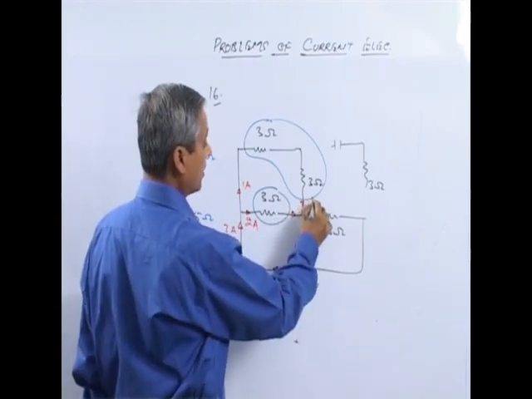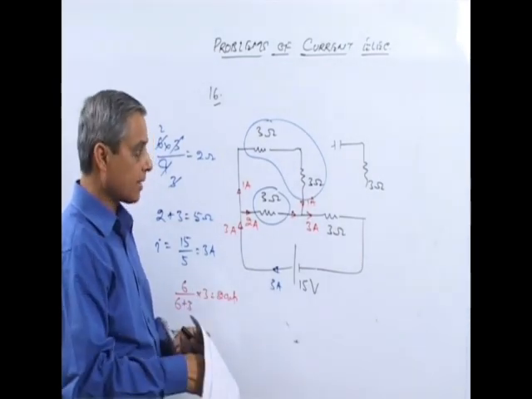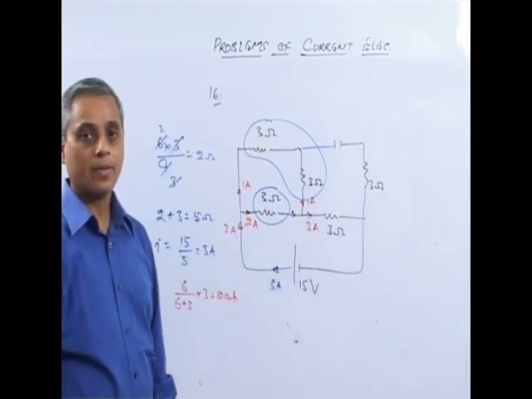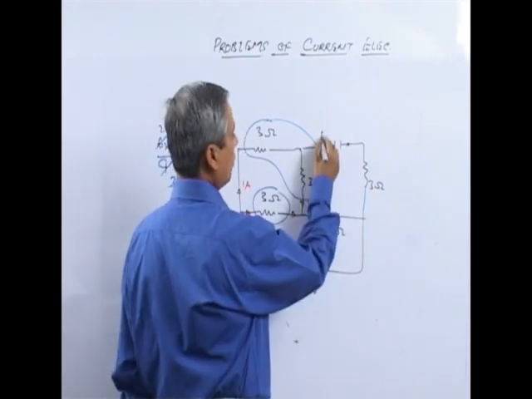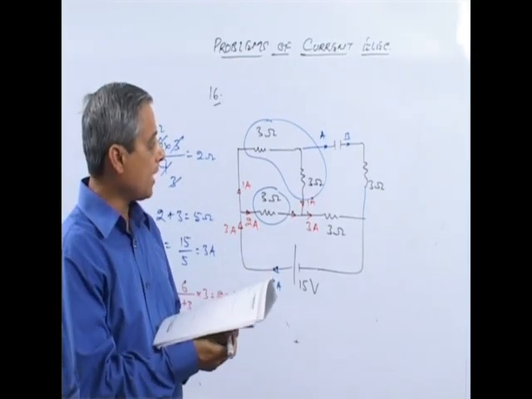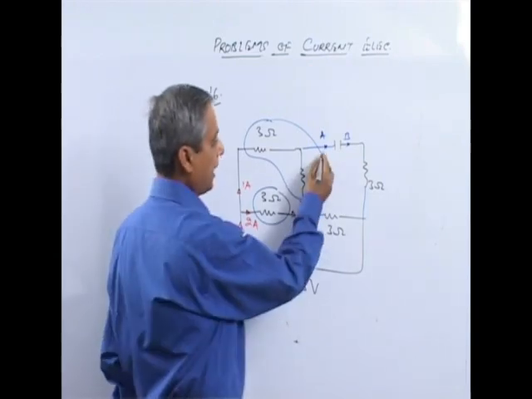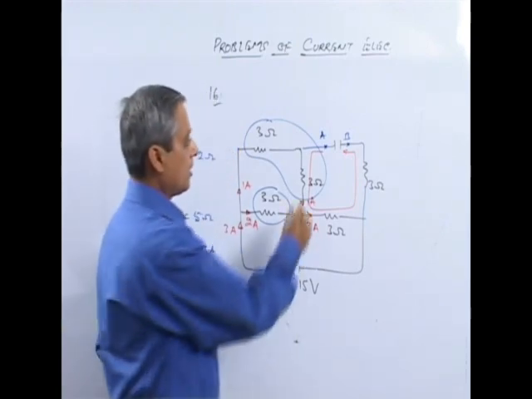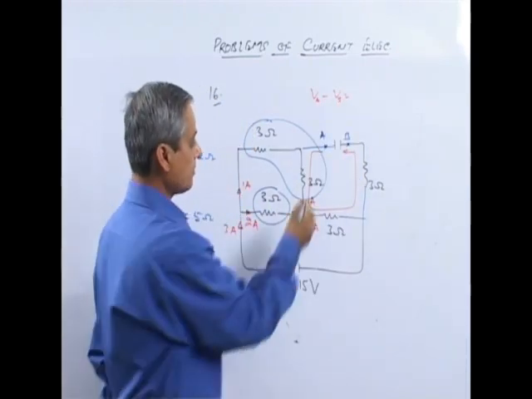This was 1 ampere, and once you have calculated all the currents, reconnect your circuit, the branch containing the capacitor, into its place. Now we want to find out the potential difference across the terminals of the capacitor. So let us start from A to B and move along any path from A to B, taking potential drop positive. So if we move from A to B on this path, VA minus VB will become 1 ampere